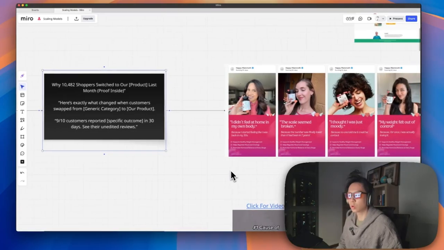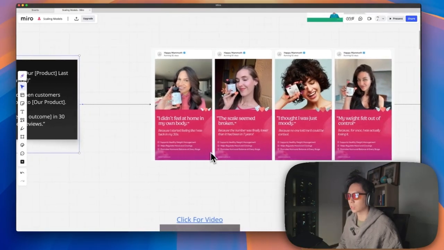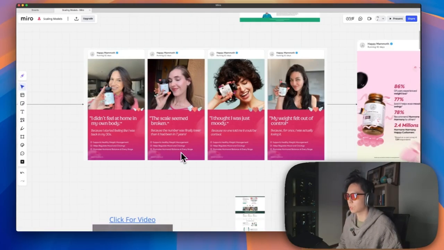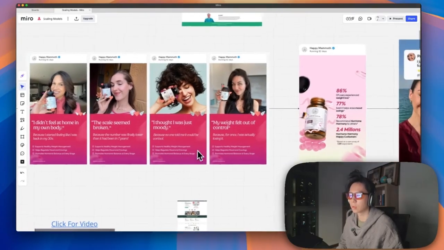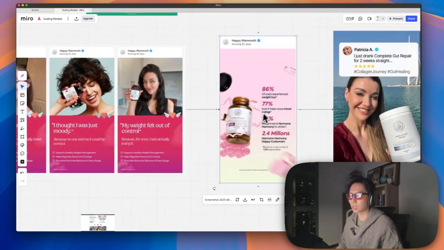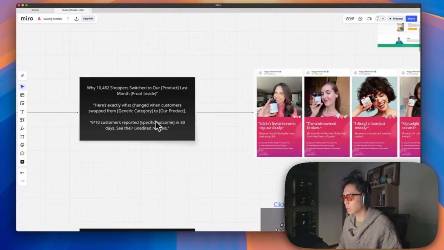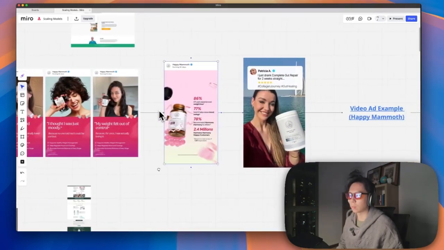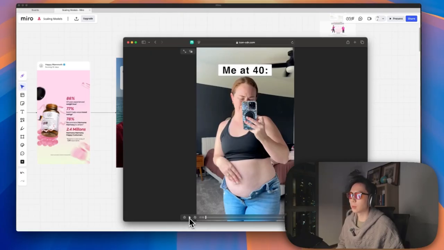See the reviews. So we are seeing a lot of testimonial type ads like this, where it's talking about a specific problem that this UGC creator or this customer has experienced and how they were able to overcome it with the product. Or it could be an ad like this where it talks about the benefits based on survey respondents. So 86% of users experience weight loss, 77% said it helps with mood swings. So it's a lot of credibility and proof, just trying to show you that the product works. So here's an ad example.